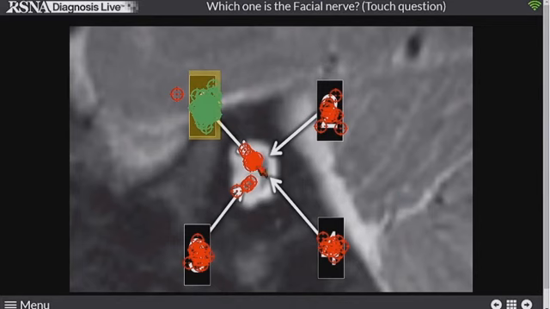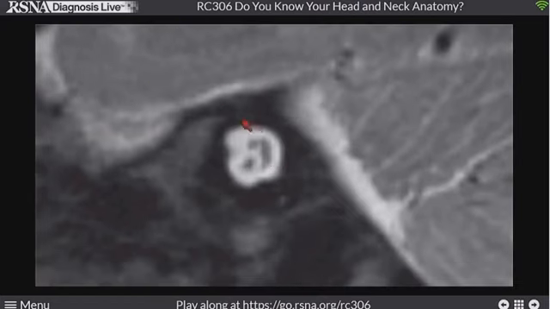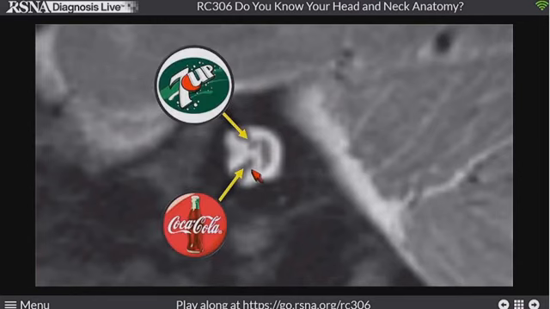So this is the internal auditory canal. This is the cerebellum, so I know that's the back. This is posteriorly. So this is anterior, this is superior, and this is inferior. Oh, so close. So when we think about that, we think about where the posteriorly, the superior, the inferior vestibular nerve, and we remember it as 7 up and coke down, with the facial nerve kind of on top and the cochlear nerve down on bottom within the IAC.